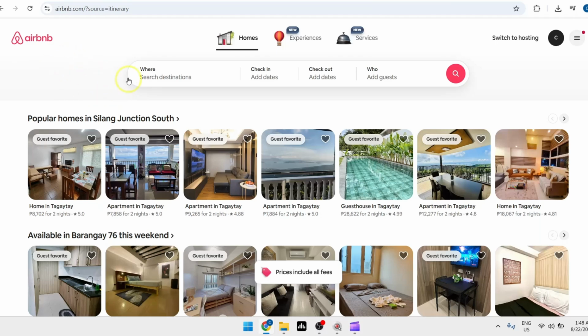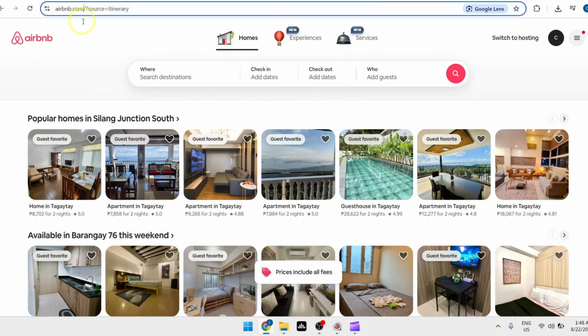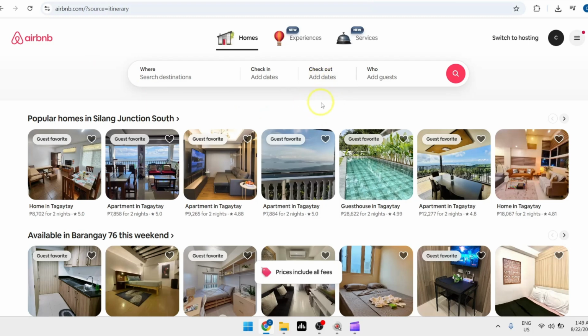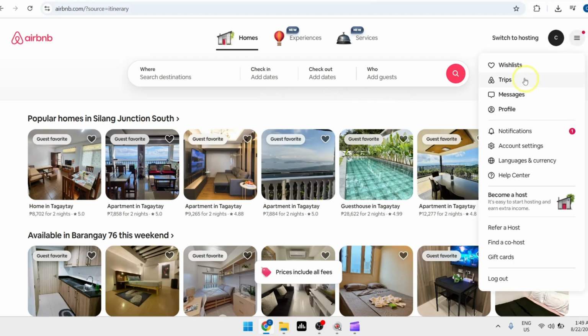So for today's video, I'm going to teach you how to add or remove guests from Airbnb reservations. So first, you may want to head over to airbnb.com and, of course, make sure that you're logged in to your traveling account. Next, at the top right corner of your screen, just click on this three-line icon, then click on